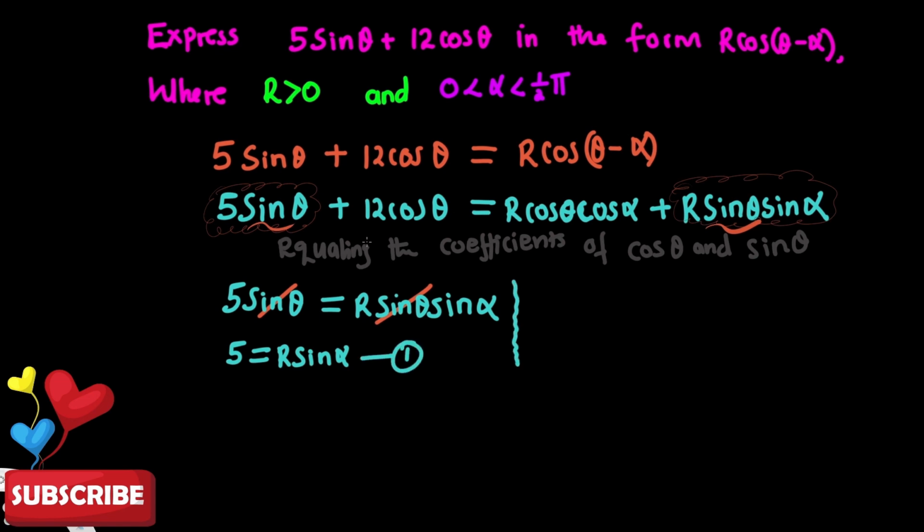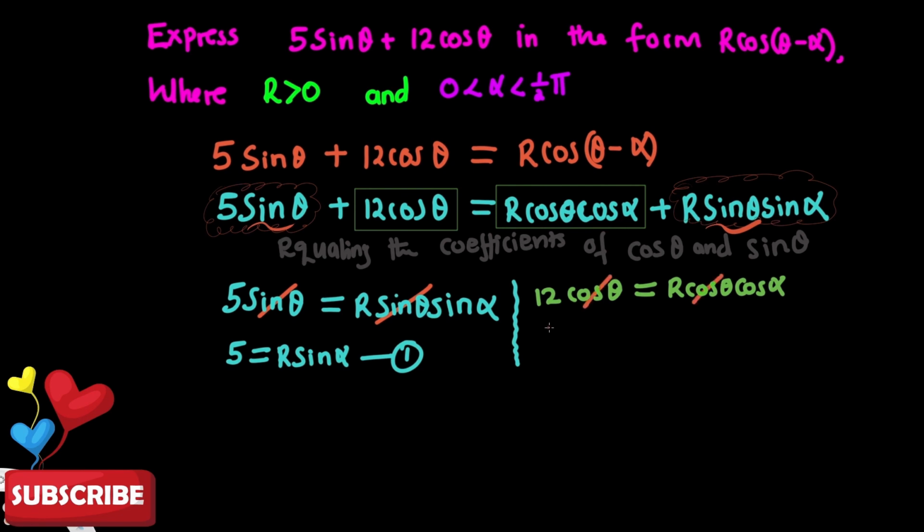The second part, we equate this term. Let me just move this a little bit. This term and this term will be equated because both of them are having cos theta, so we can say these two terms are equal. We can say 12 cos theta equals r cos theta cos alpha. We can cancel cos theta both sides, which is going to end up to be 12 equals r cos alpha. Now we have equation 2,